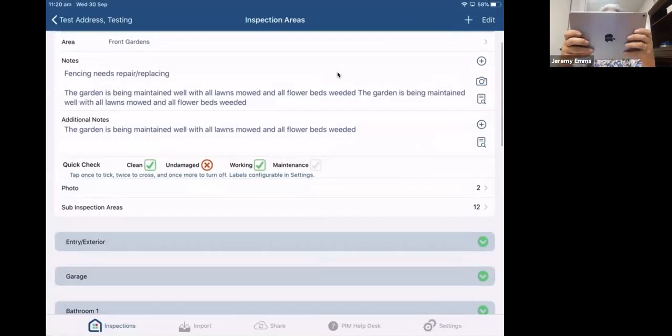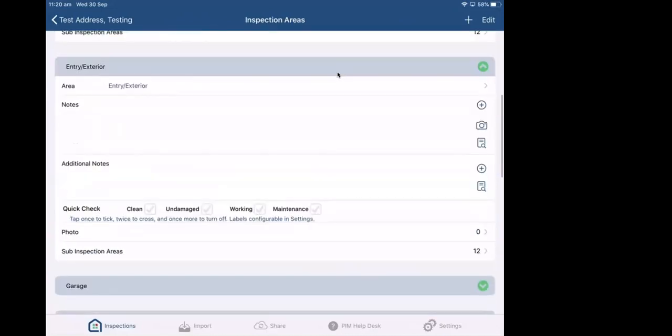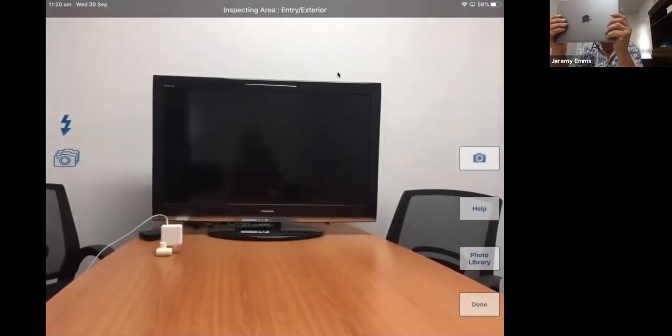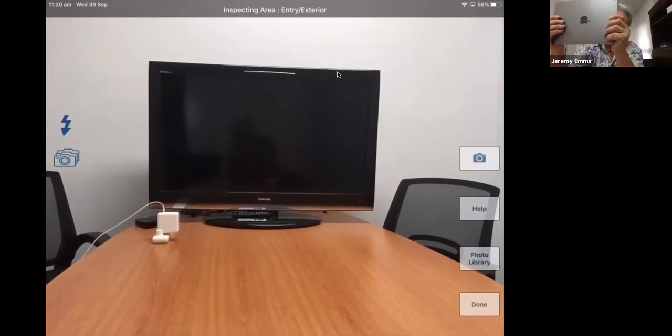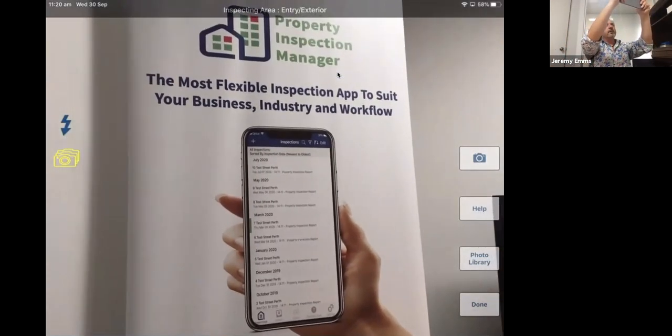Now, the other option that you have is if you go into another room and press the camera again, you'll see on the left-hand side of the screen, there is a blue camera, multi-shot. If I press that, it turns yellow and it allows me to take multiple photos without having to press Use Photo.